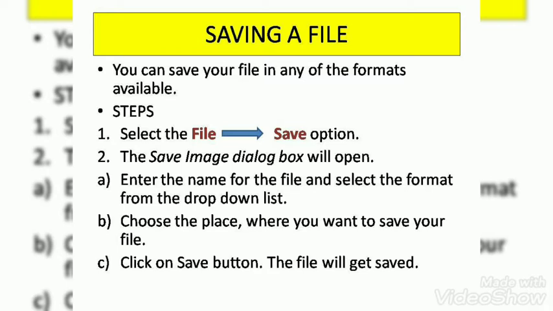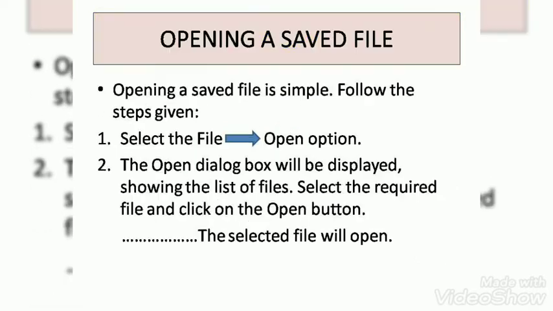Similarly, there is the Redo option. Whatever you have done, you clicked on undo and it is deleted, but again you want the same thing, you can click on the Redo option. So what the redo is doing actually is that it undoes the undo. What you have removed, you can bring it back, you can reverse it. It is the reverse of the undo option. These are two very important options, because sometimes just by clicking something can disappear or be deleted, so we can go with undo and redo options.